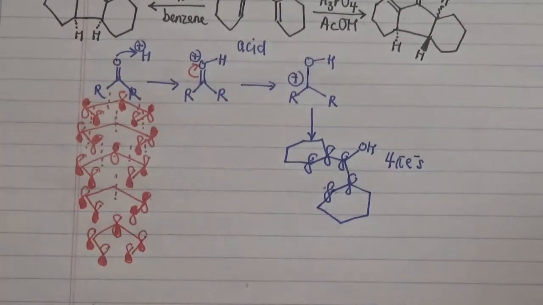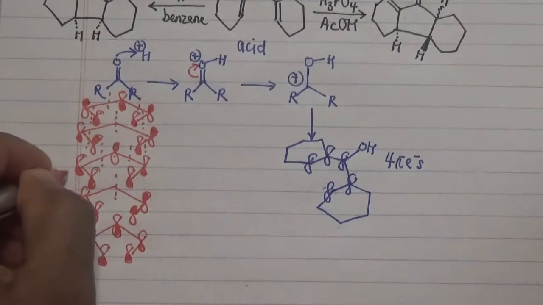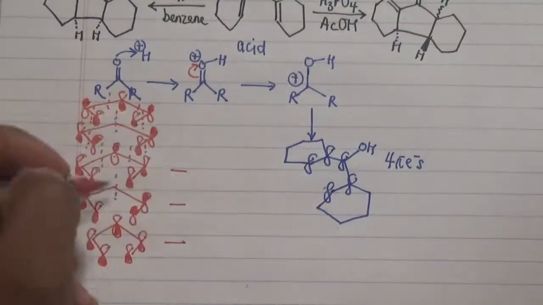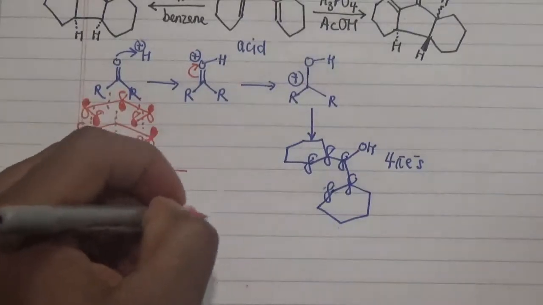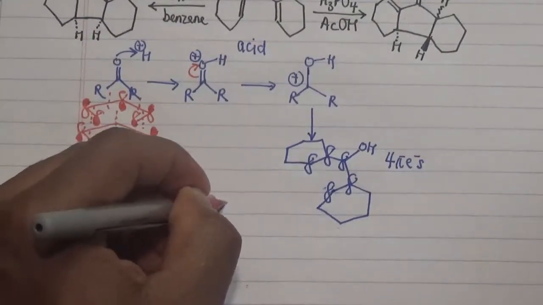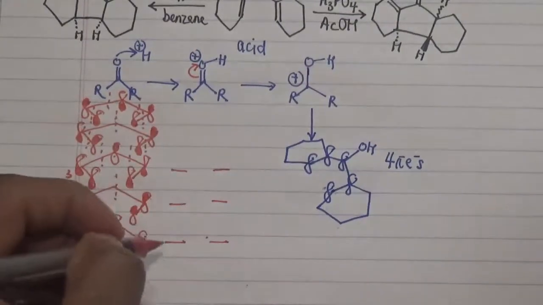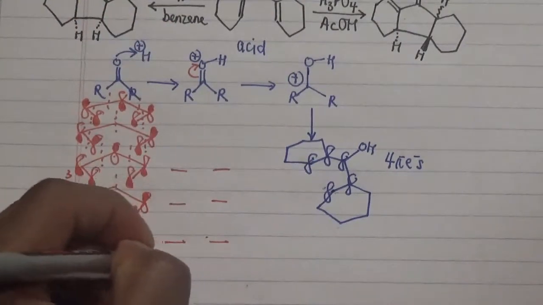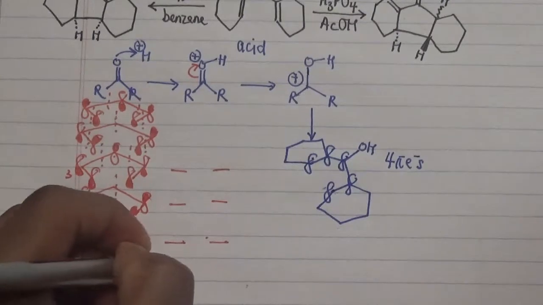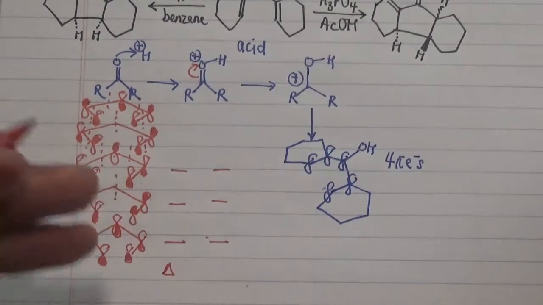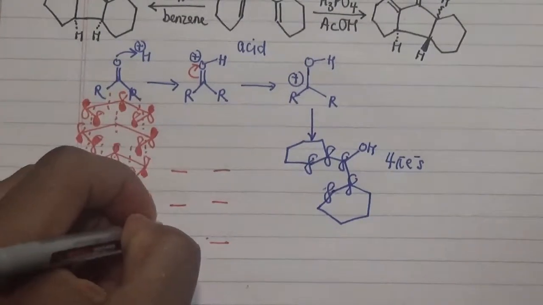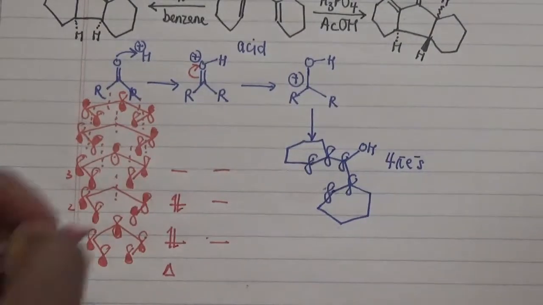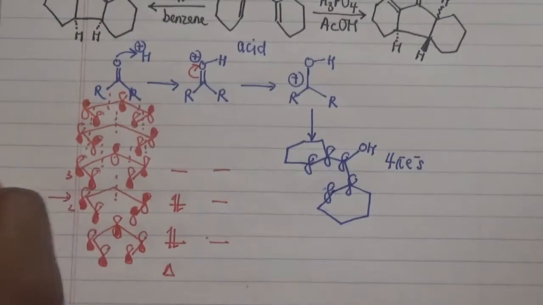Now we're going to be looking at number 2 and number 3. The reason is that number 2 and number 3 are going to have the distribution of electrons with respect to the conditions. If you look at a thermal process, it tells us that if you put it under normal conditions in the presence of heat, all our electrons are paired. So this will become our HOMO